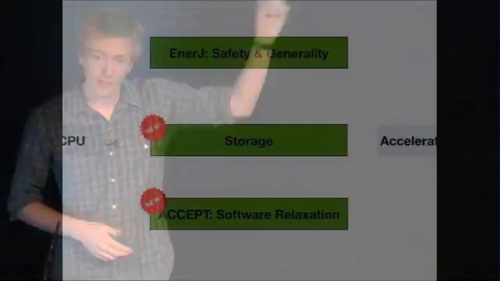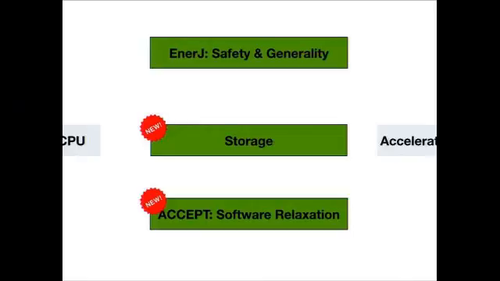But in particular today, I'm going to talk a little bit about background on EnerJ, which is the programming language that ties this all together, and then a little bit more on more recent work on approximation for storage in phase change memory, which is about to be presented next week at MICRO. And after that, I'm going to talk about a compiler-based approach to all-software approximation, which is unpublished and super new work. So this is the outline for what I'm going to talk about.